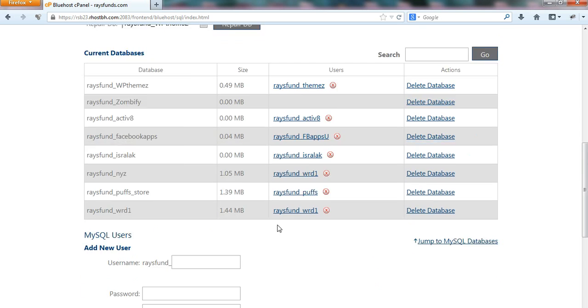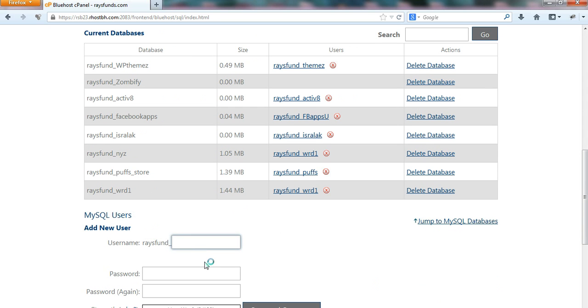I shall now create a new user. I will call the user Zombie. You can choose any names you wish for the user and for the database, as long as it's defined in the config.php file. So I created a new user called uZombie,